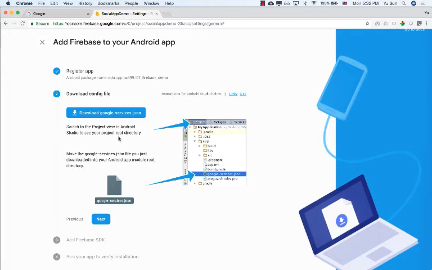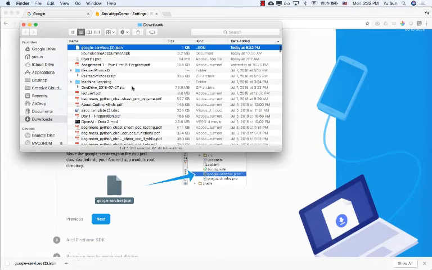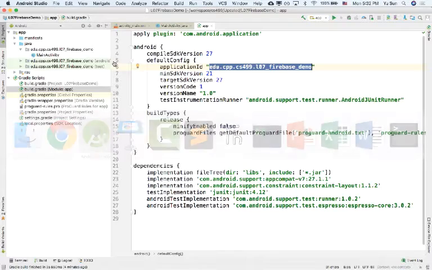Now after that, you need to download this specific configuration file. It's called google-services.json. Just download this file, and they're going to show you where to put it in your project. You have to put it under the app folder, just in the root of the app folder. All right, so here is the file. Copy the file, go back to